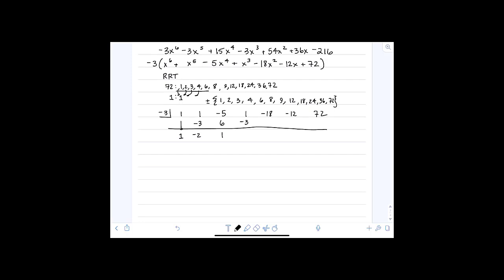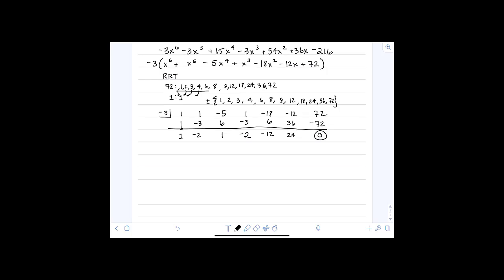Negative 3 times 1 is negative 3. 1 plus negative 3 is negative 2. Negative 3 times negative 2 is 6. Negative 18 plus 6 is negative 12. Negative 3 and negative 12 is positive 36. 36 minus 12 is positive 24. And then negative 3 and 24 is negative 72. Yay! Okay, so you probably remember from the remainder theorem that having zero